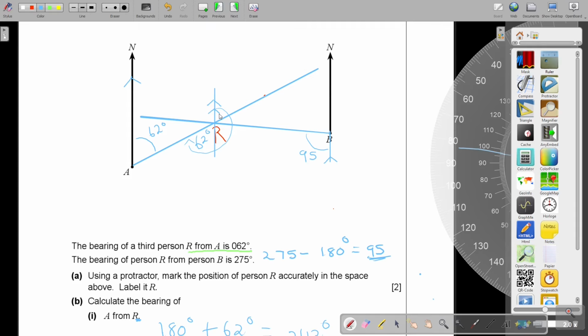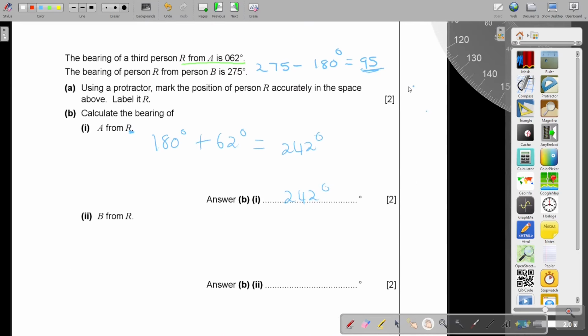You did it accurately. So there is your Z. Do you see your Z? Can I show you your Z? Do you see your Z? Parallel lines. So this angle there is going to be 95. Can I just show it in another color? That angle there is going to be... So if they say B from R, R is the center, then that is 95. But how do we write it? If it's not 3 digits, we put a 0 in front. So 095 degrees. And that's my final answer.